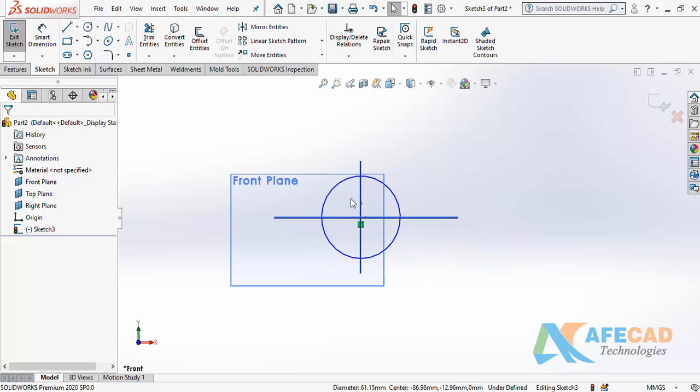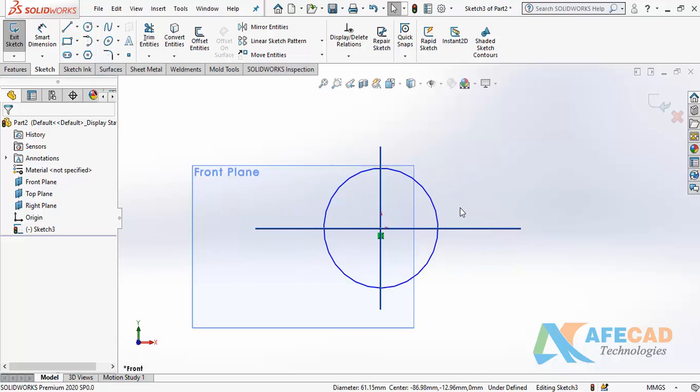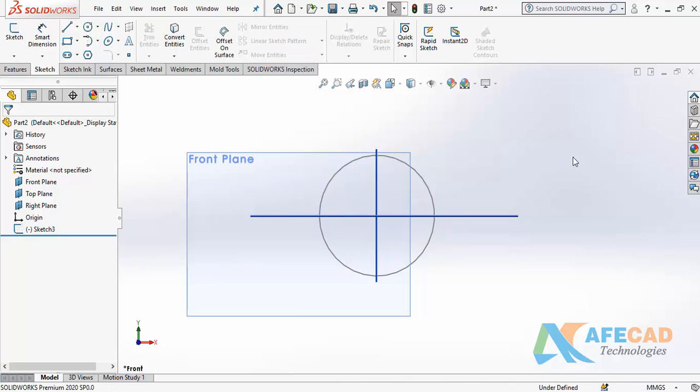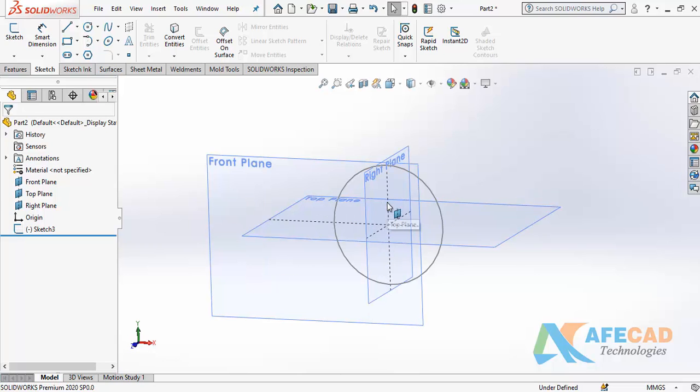Now this is my one sketch, and if you want to exit from a sketch, there are two buttons in the upper right corner. First accept and second cancel. If you click on this cross icon, you will cancel whatever you have created, and that will disappear. But I want to accept, so I can click on this button and exit from the sketcher. This is my sketch. You are seeing the color here, it is gray, and there is no option in the upper right corner, and the feature tree is showing the sketch.